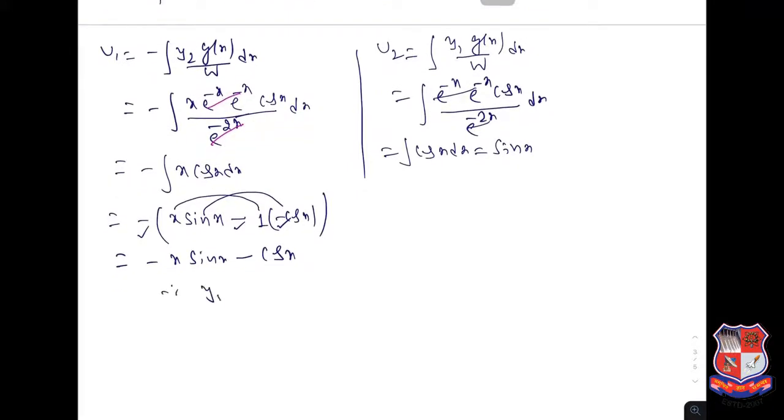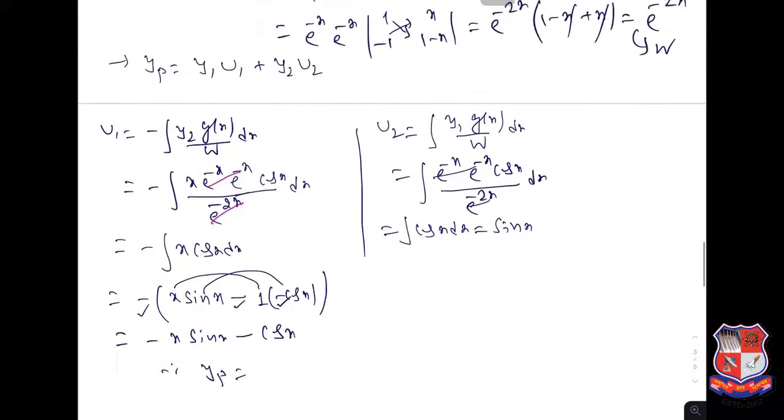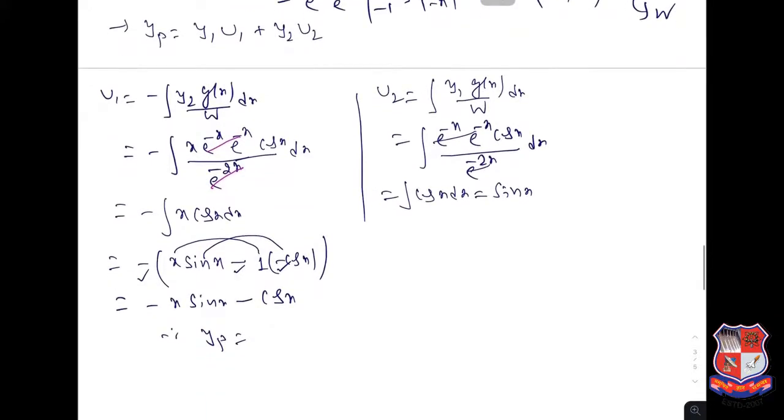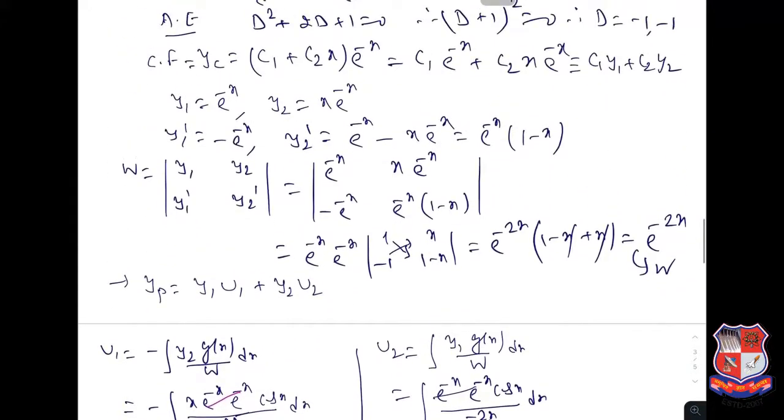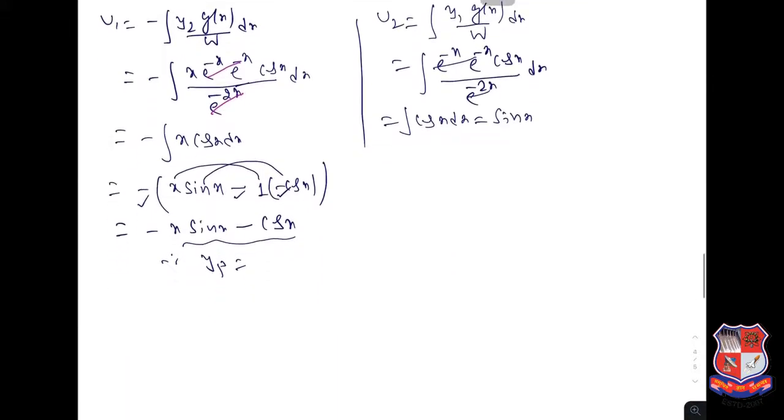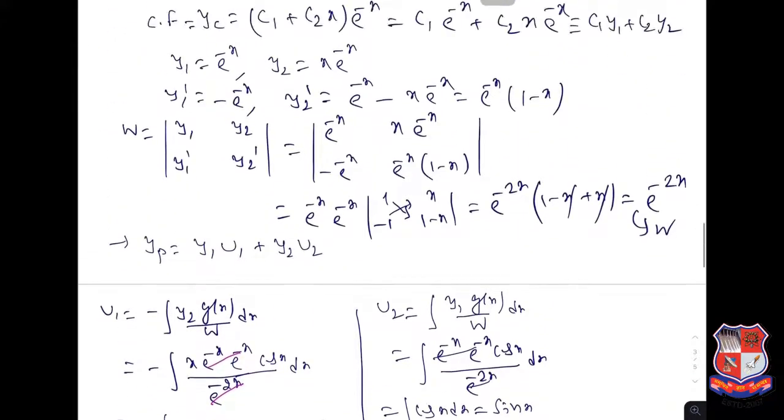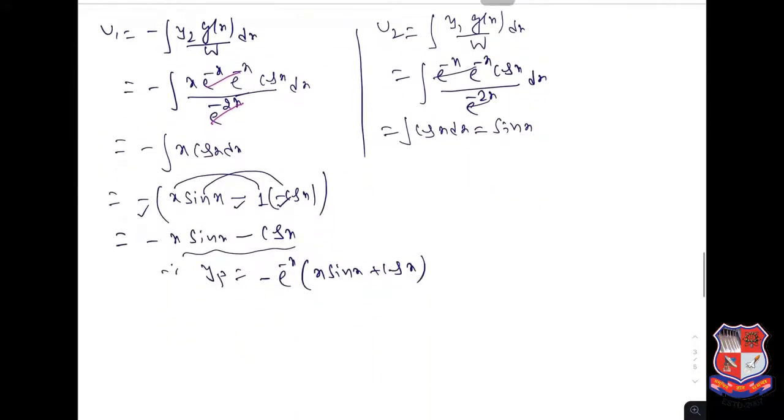So yp is y1 u1. So u1 is this much, and what is y1? y1 is e power minus x. So this is e power minus x, this is minus sine x, sine x plus cos x, plus y2 u2. y2 is x e power minus x, and u2 is sine x. So that is nothing but the